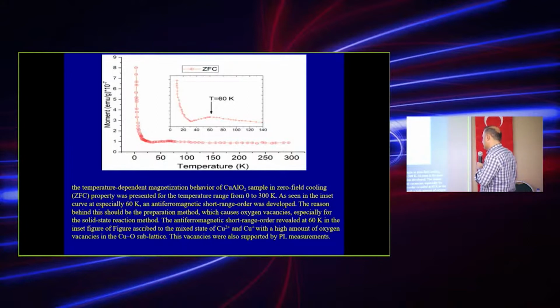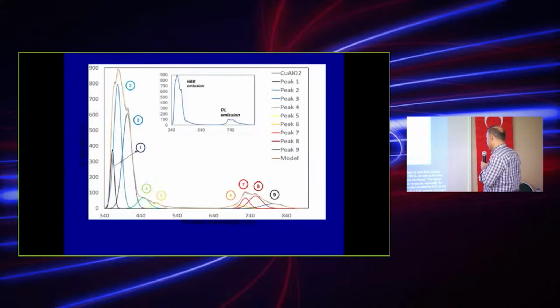This is right here. The reason behind this should be the preparation method, which causes oxygen vacancies, especially for the solid-state reaction method. The ferromagnetic short-range order revealed at 600 Kelvin in the inset of the figure is ascribed to a mixed state of Cu2+ together with Cu+ with a high amount of oxygen vacancies we have in the system. So we also got some PL measurements to understand if we have oxygen and other kinds of